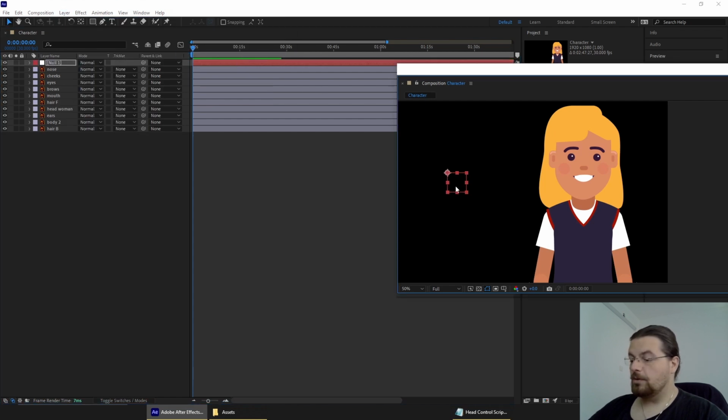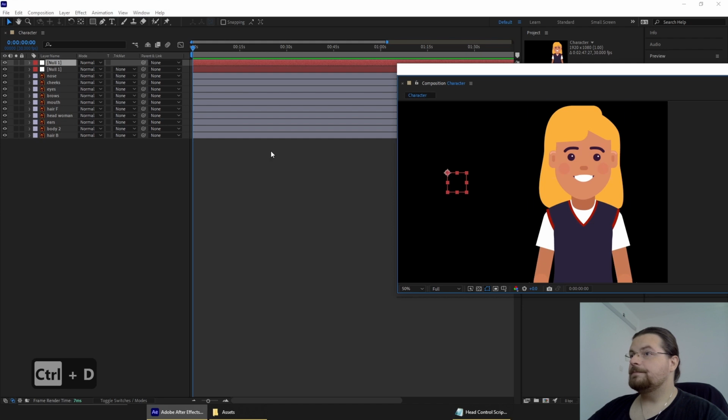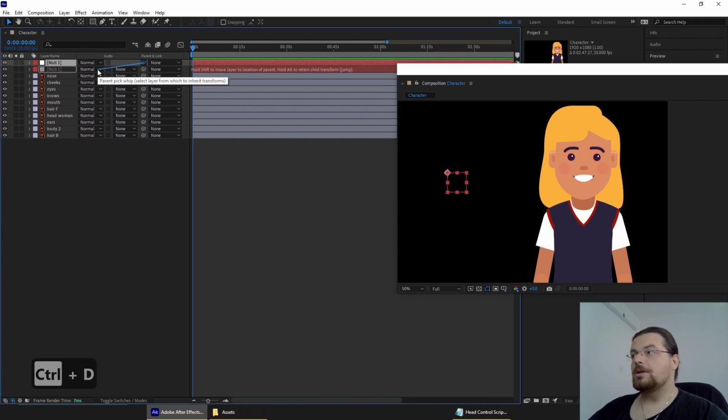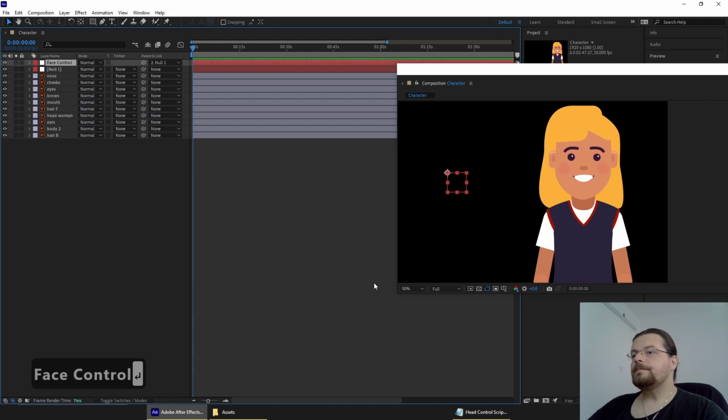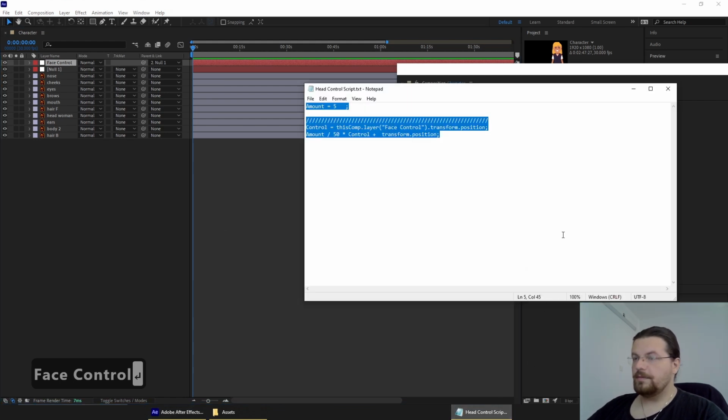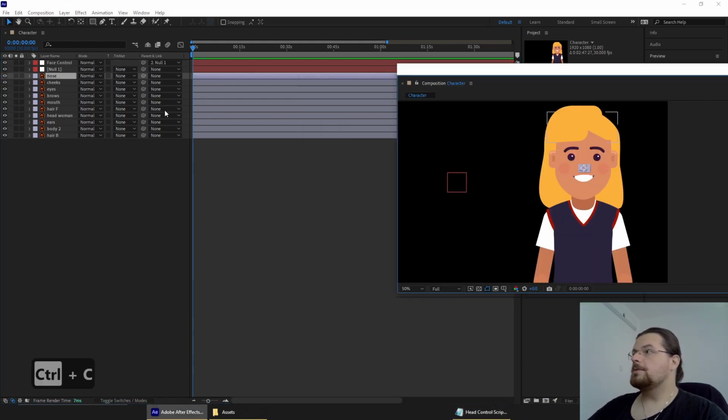And then we're going to duplicate this null object by holding Control and pressing D. We're going to parent the second object to the first object, and we need to rename this object to face control so our code understands what we're doing. Right. So now we get our code, copy the code, select the first object, access the position property value by